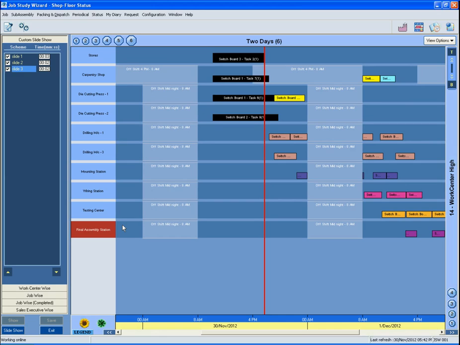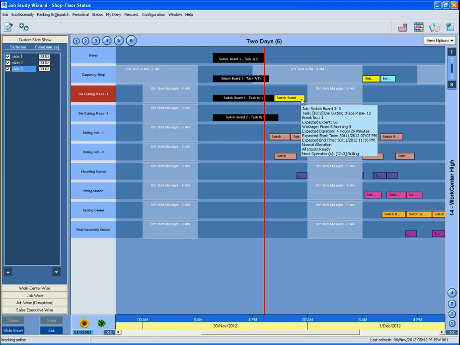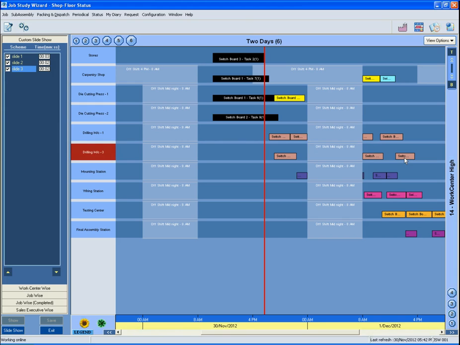Each taskbar displayed on the Gantt chart is packed with information. Just move the mouse over any task and a pop-up opens, giving details of the task. It also mentions inputs required for the task that are not yet ready, meaning the task in question is not matured yet for execution. Most information is self-explanatory.